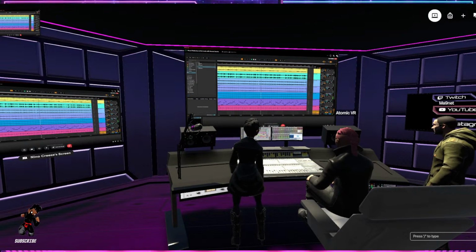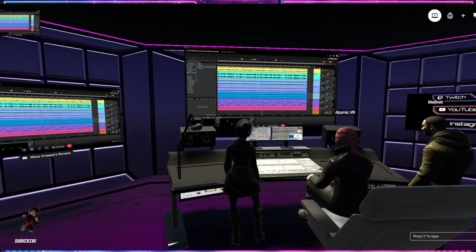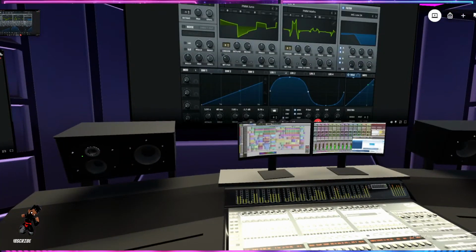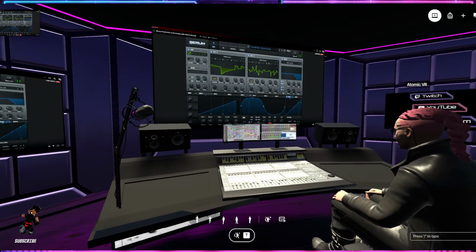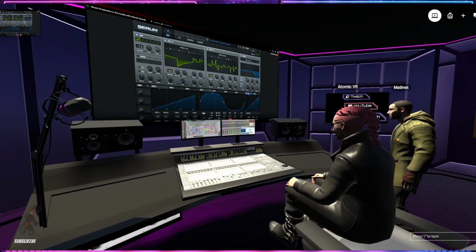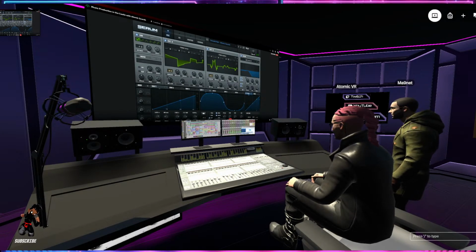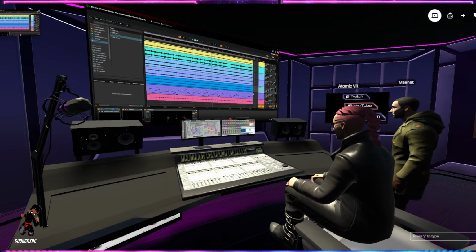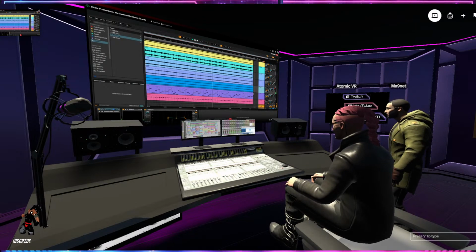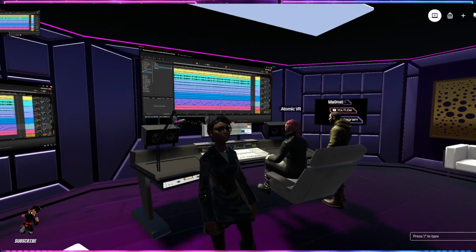And then under that, I think this is one of the two pad VSTs that I'm using. So this is Serum, and it's a pad that I made. It's got a lot of modulation. You can see the waveforms all slowly moving over time, and the filter. And then under that one, we've got